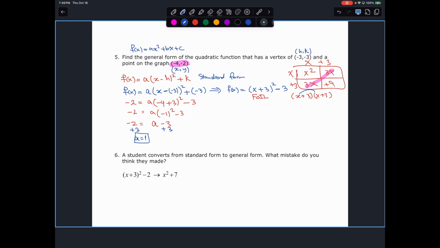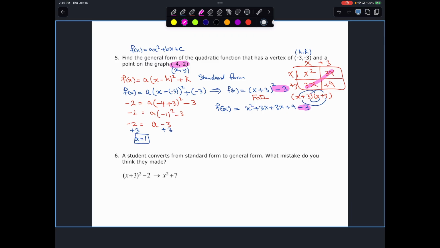Or you could do the FOILing method, which is going to give me f of x equals, I'm going to FOIL that part, x squared plus 3x plus 3x plus 9, and then don't forget the minus 3. This will give me x squared plus 6x plus 9 minus 3, which is +6, so f of x is equal to